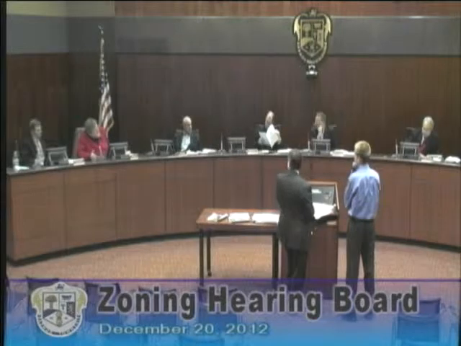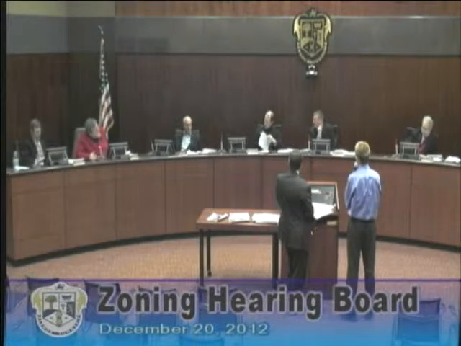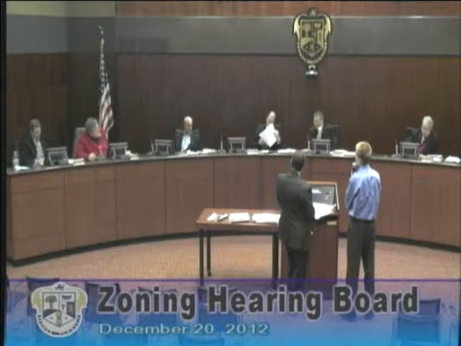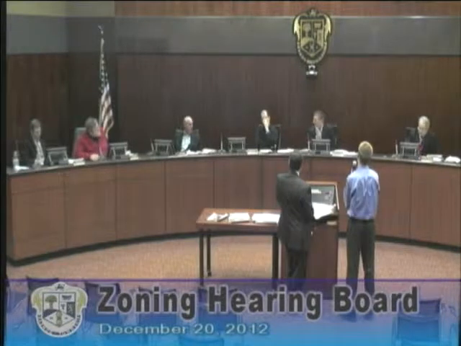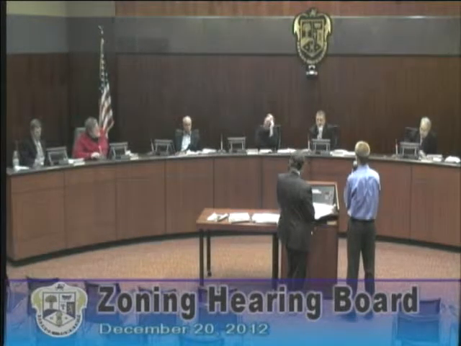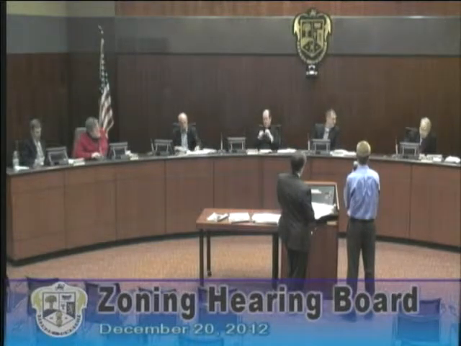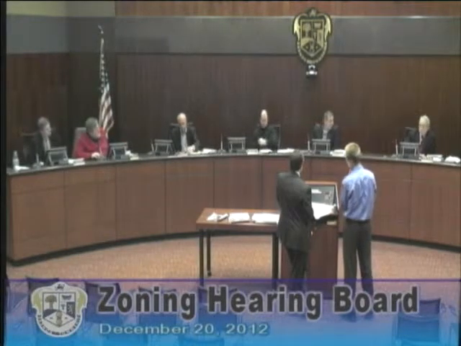Okay. The variance is really to allow them to put another wall sign on a wall if it's not a frontage wall. Correct. Technically, that's what they're asking for: to put it on something that's not technically a frontage wall. Correct. But because of its placement in the shopping center and people's inability to maybe find it because of the second way in, that's kind of the hardship here, I think. Yeah, that's their position. Okay, I just wanted to clear my position up in my own mind. So you're amending your application so that it would be 46.5 square feet total aggregate for the two signs.